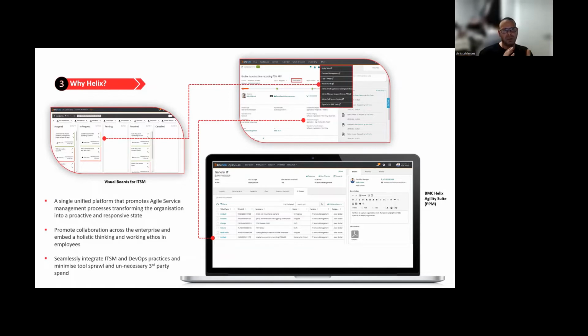Now, not just from the service management perspective, but of course, as you can see on the diagram there, you've got an incident ticket on the top right, and you don't have to necessarily use the categorization. It's an example of a process flow which shows that the resolution category is delivered in project. And what happens is that ticket transfers automatically into the backlog of the portfolio, where you can create requirements and tasks off the back of that to deliver within a project, and of course then update and close the ticket